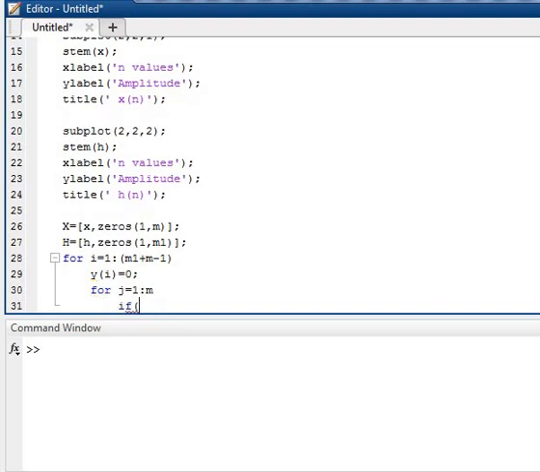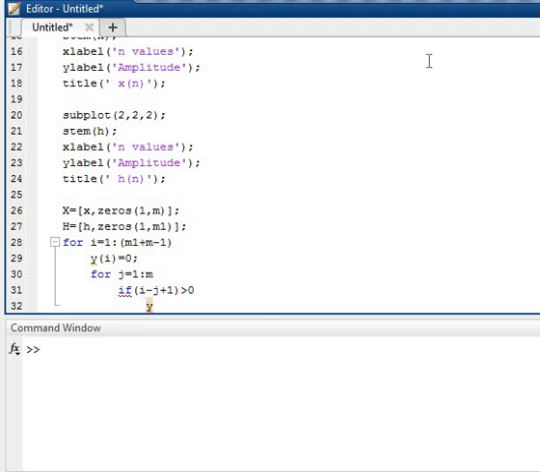If condition: i minus j plus 1 is greater than 0. Now implement the formula, x into h.